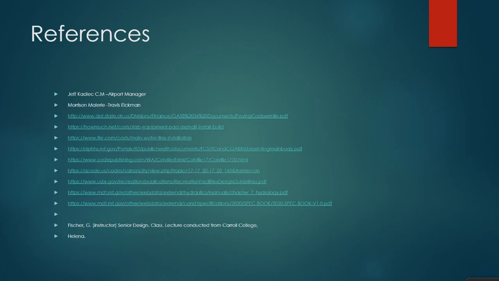So these are references. Jeff Cadillac, our sponsor, and also the airport manager. The Morrison Maierle contractor, Travis Ekman, who helps Jeff in the new terminal building and helped us with the actual given data that was already there. Gary Fisher, our instructor for senior design, and classes and lectures and other documents given to us by him. And MDT for the standard specs and to be able to make special specs out of those standard specs, along with other sources